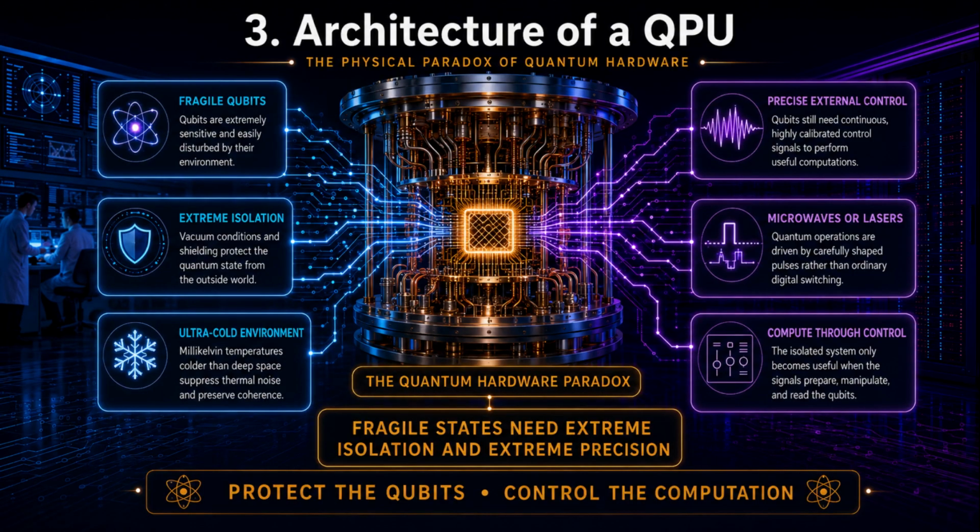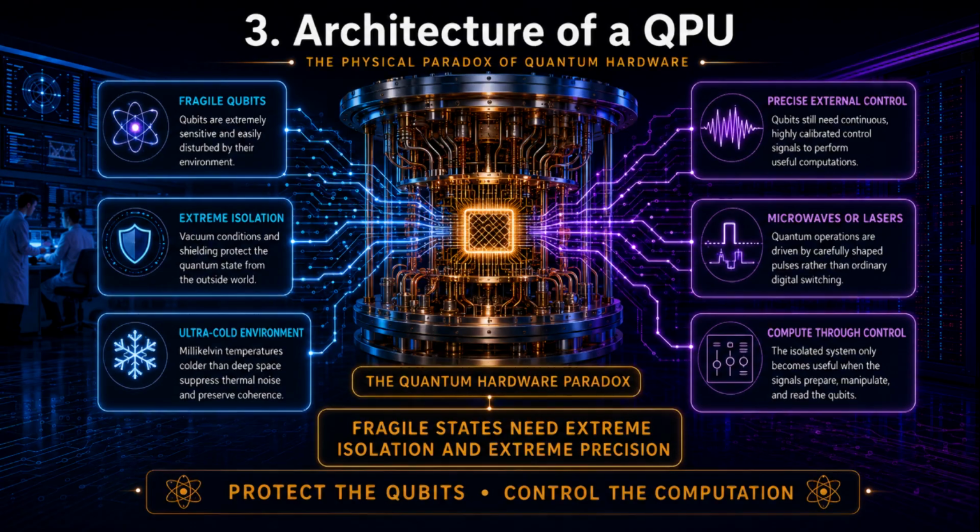Section 3. The architecture of a QPU and the physical paradox it presents. Actually constructing a QPU introduces a brutal physical paradox. You see, qubits are incredibly fragile. They require extreme isolation. We're talking vacuums and temperatures colder than deep space, just to prevent thermal noise from destroying the quantum state. Yet simultaneously, these isolated qubits demand continuous, highly precise external control from microwaves or lasers to actually